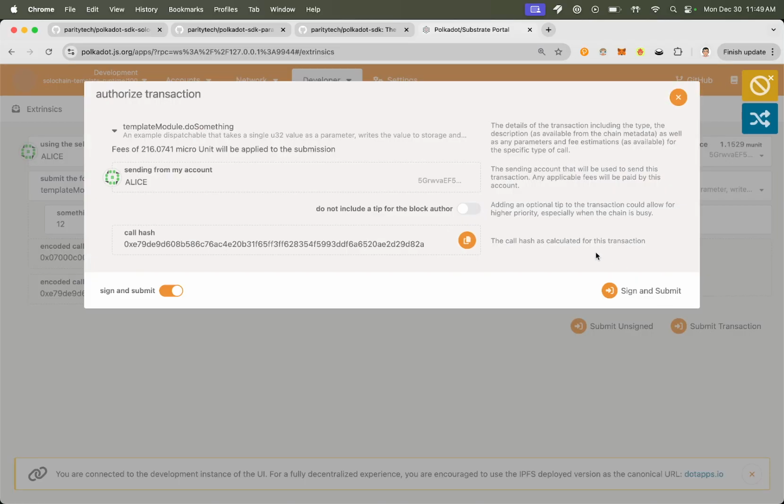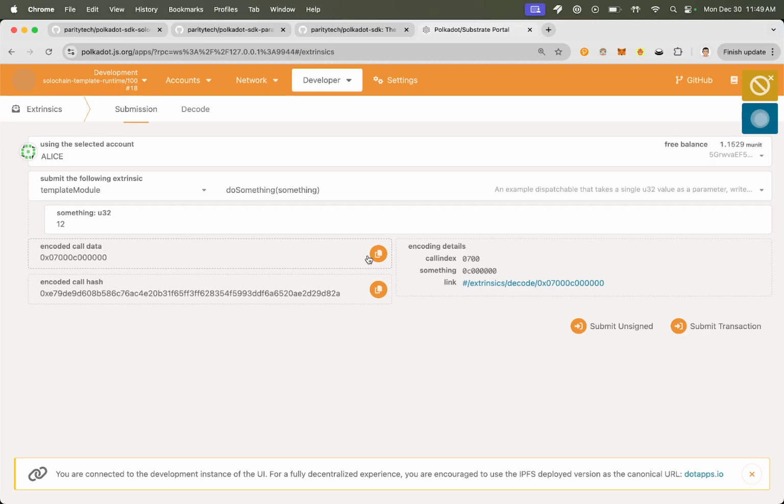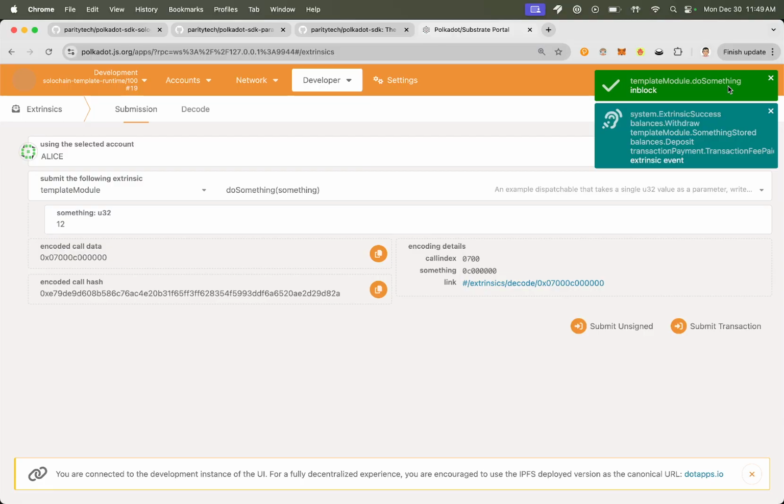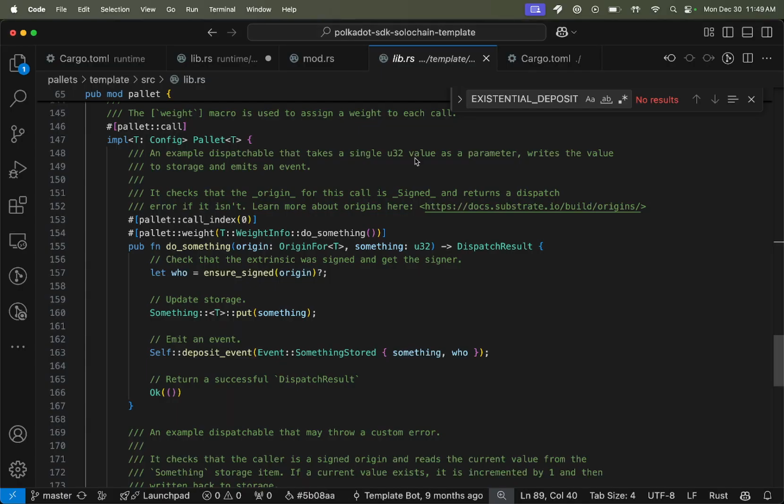Alice. Alice has money. Alice has assets. Alice has a lot of money. So there it is. It's in the block. And if we look, actually,